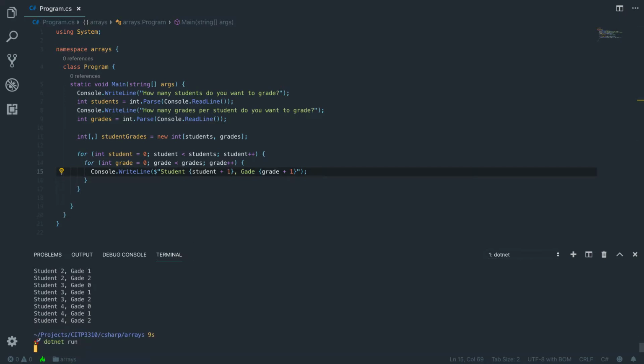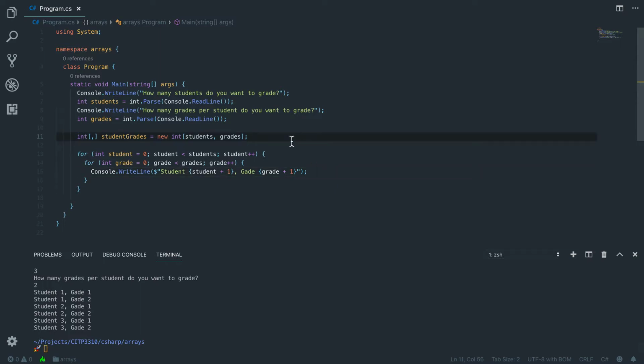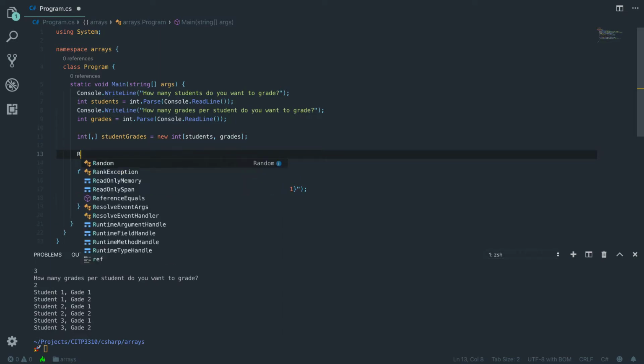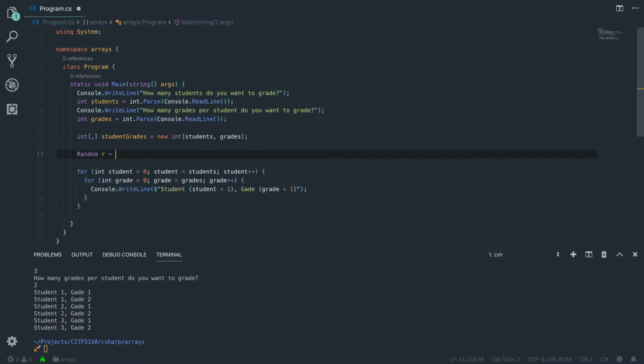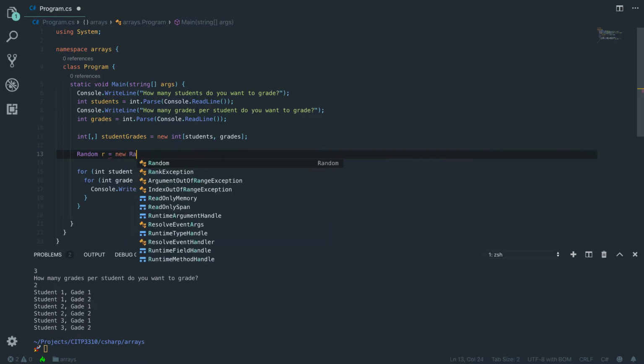Let's execute again. Let's simplify: 3 students, 2 grades. There you go. Student 1 to 3, grade 1 and 2, each one of those students. So here is where you can actually do the read line and assign that student specific information. Because I'm lazy, for quick purposes, let's do Random r equal new Random,